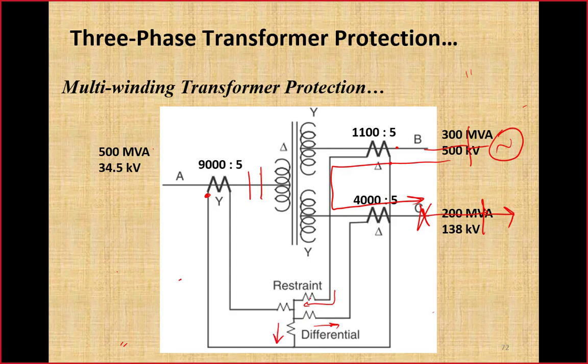But here we have sufficient retaining coil current. Although the difference current is still there, it would not be greater than the set percentage of the retaining coil current. These two retaining coils will block the operation of the relay in this situation. But in the previous condition, the retaining coil currents were half of the difference current, because the retaining coil current is the average of the currents. So here the average of the 3 will be sufficiently high as compared to this difference current. So this definitely blocks the operation of the relay.